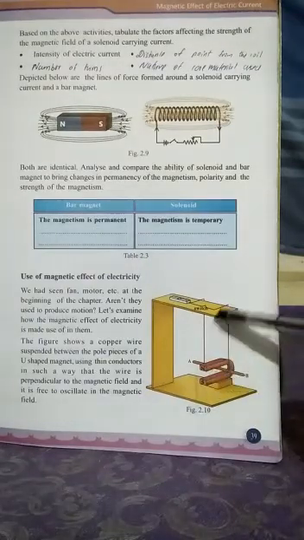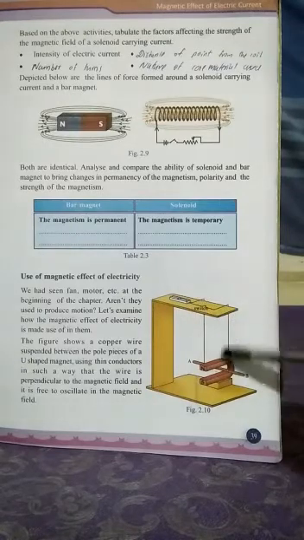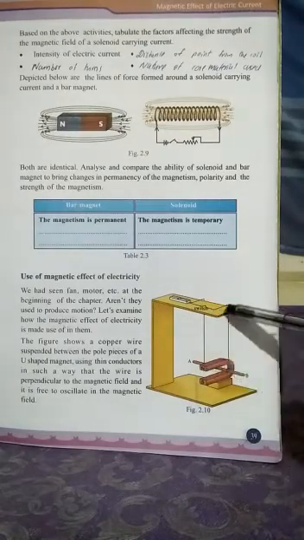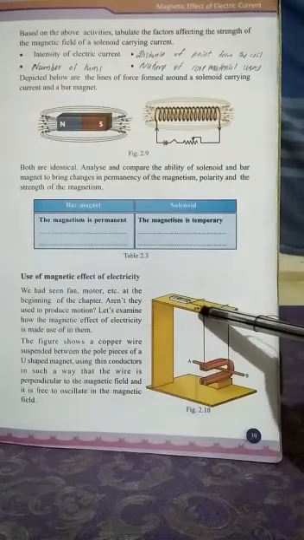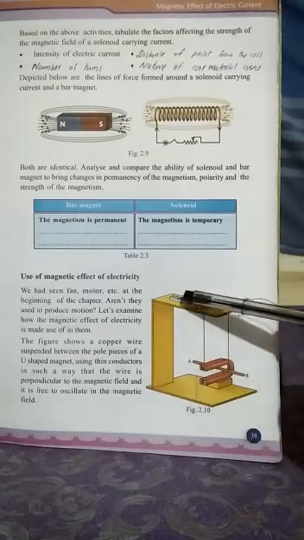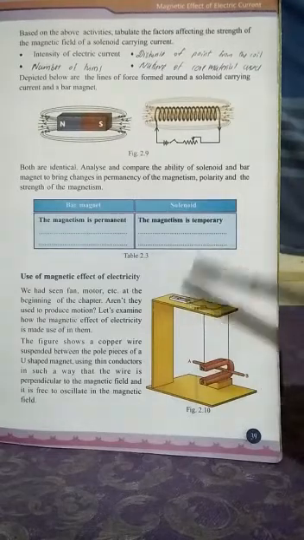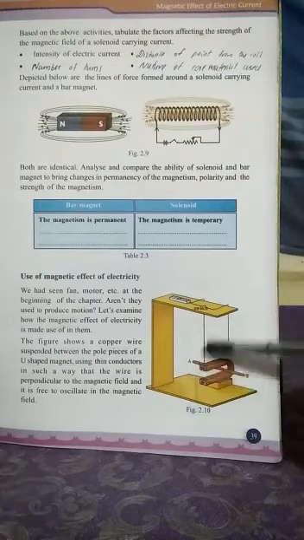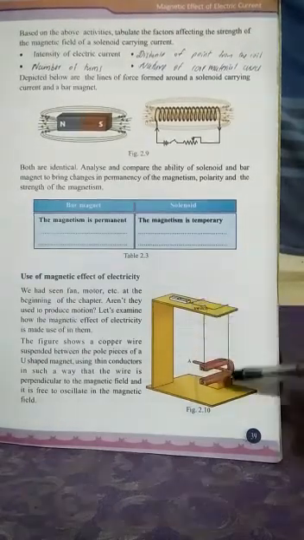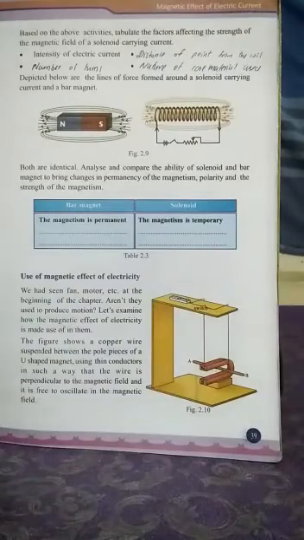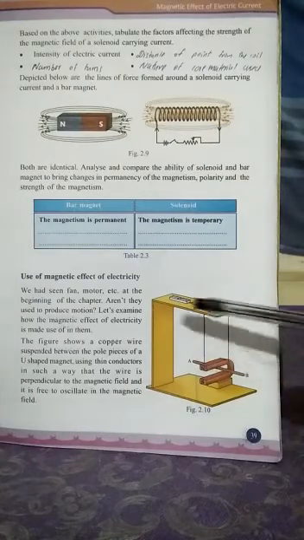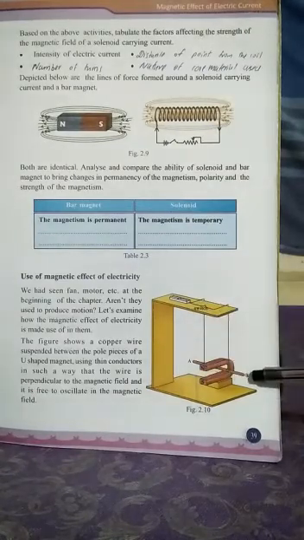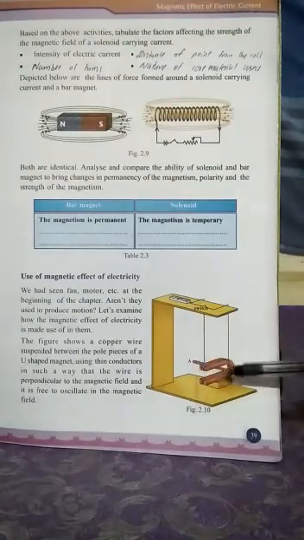Here it is connected to a battery by a conducting wire, and a switch is given here and connected to the battery. One end is connected to the positive and the other end to the negative of the battery. Suppose A is connected to positive and B to negative. Then in which direction will the current flow? A to B, because current flows from positive to negative. The current will flow from A to B.